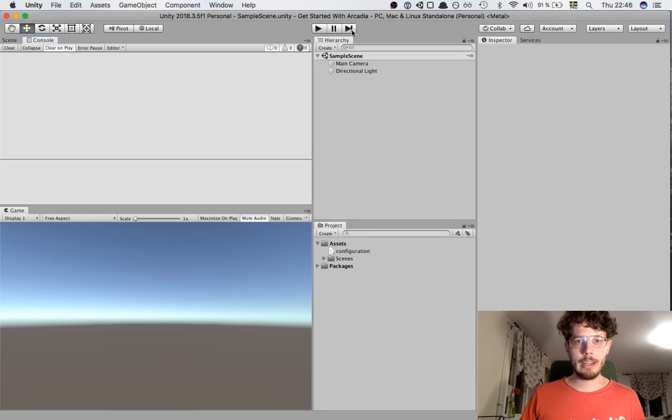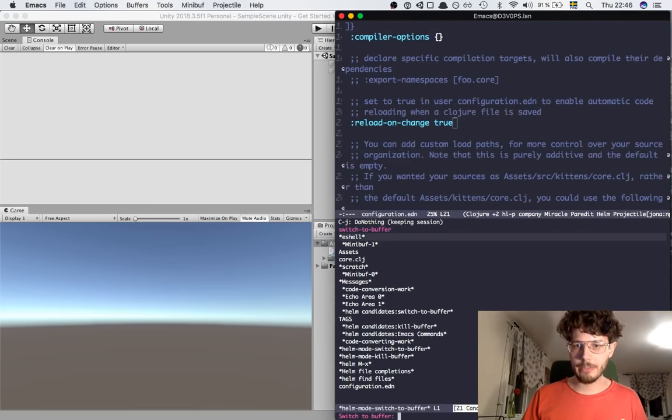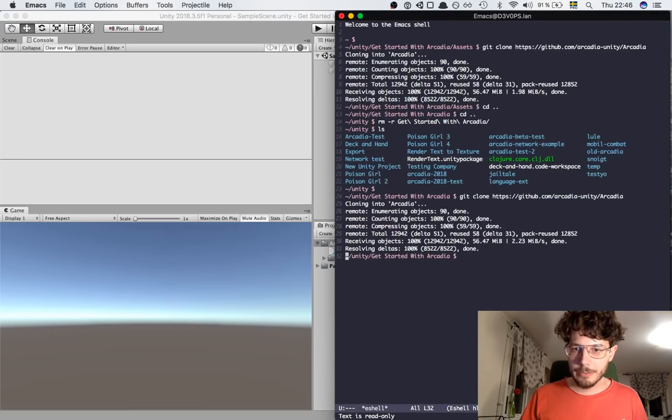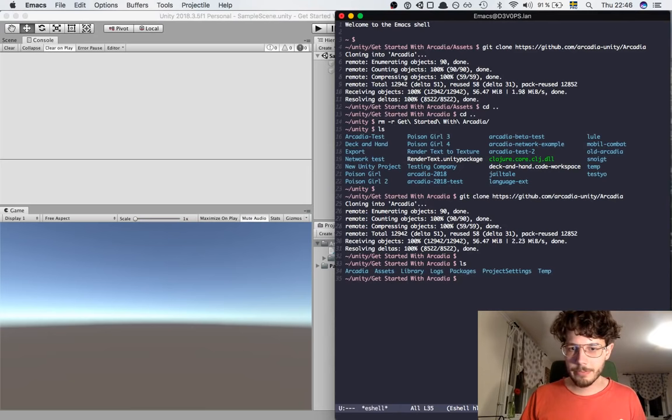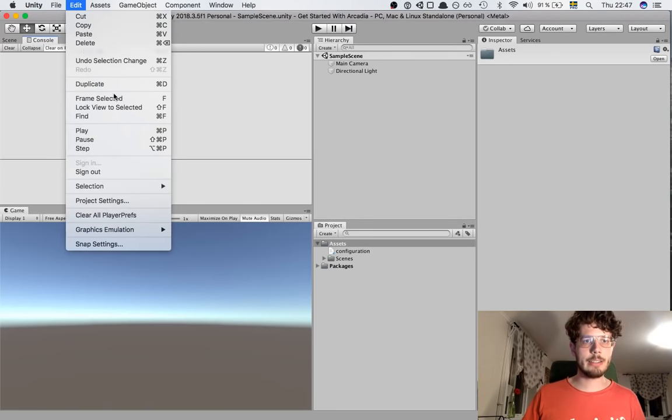Either way, now Unity has started. For some reason Arcadia doesn't show up here. Maybe I copied it to the wrong folder. Yeah, I put it in the root directory. You have to put it in your assets directory instead. But before that, I might as well go to, in Unity we have to change the compatibility